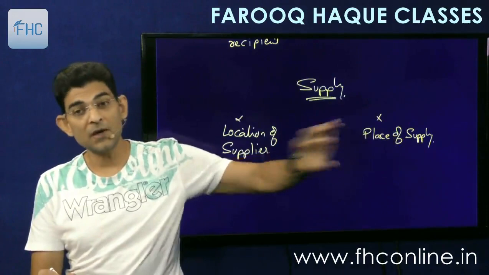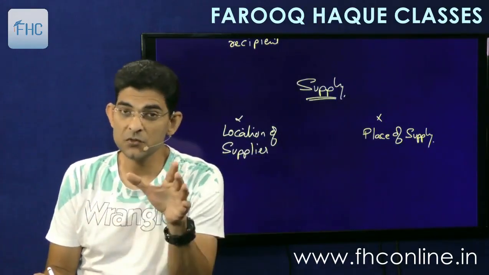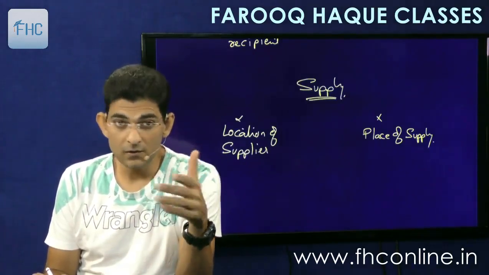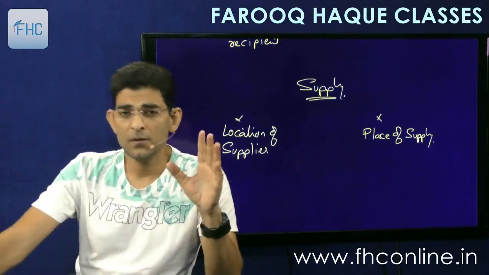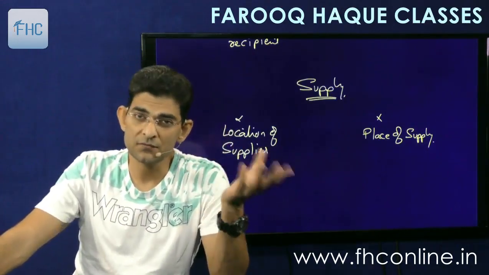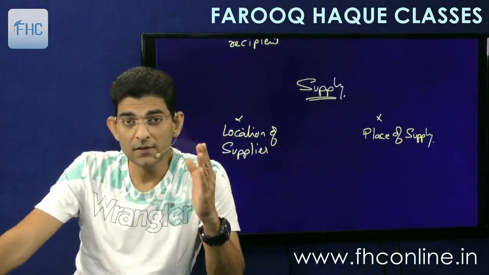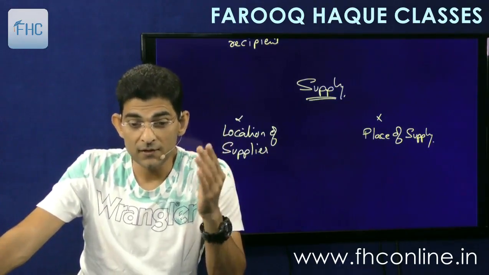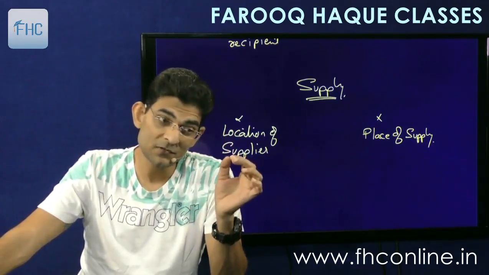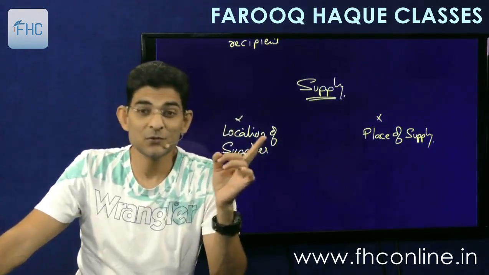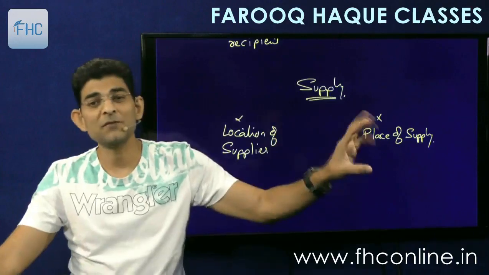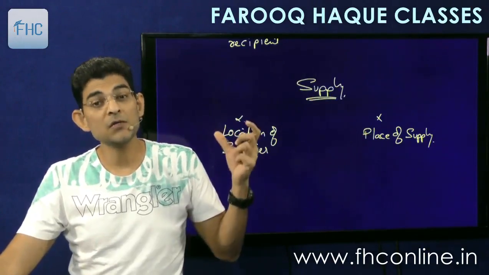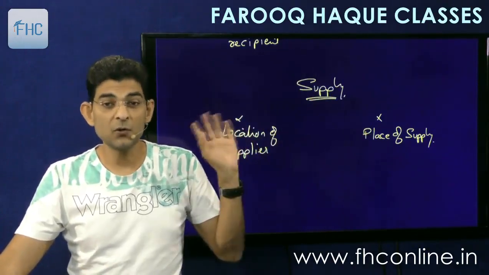Now there is a whole chapter we have to discuss, place of supply. It has several sections in it which define what the place of supply is in different types of situations. There are more than 20-25 situations given there for goods and services taken together. There is a whole section which says that in this case the place of supply will be this, in this case it will be that. So we'll have to see that whole chapter, place of supply, a very interesting chapter. And we'll also see the definition of location of supplier. So all these things we are going to study.